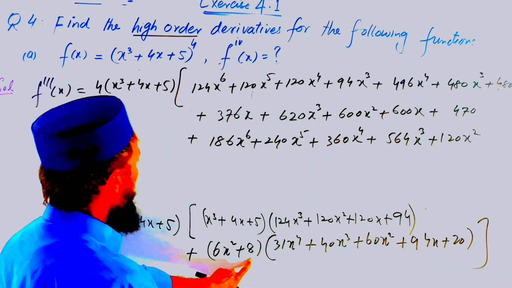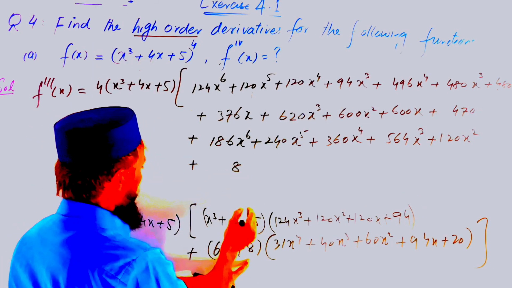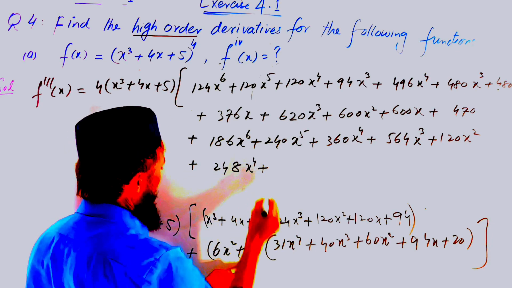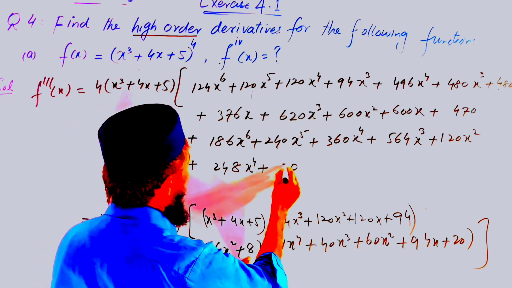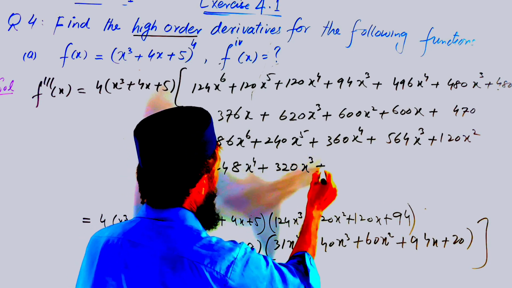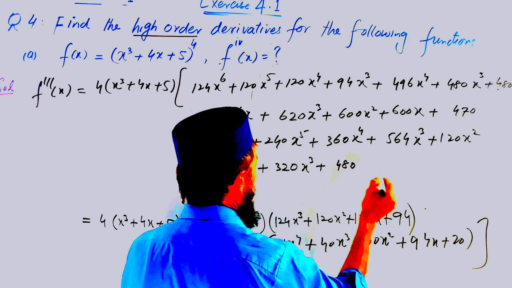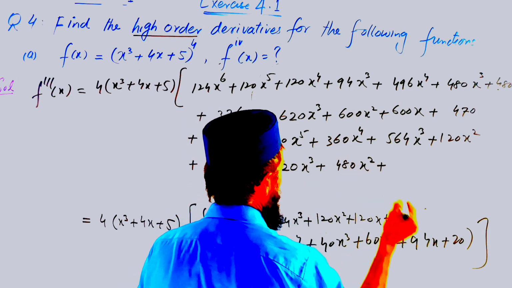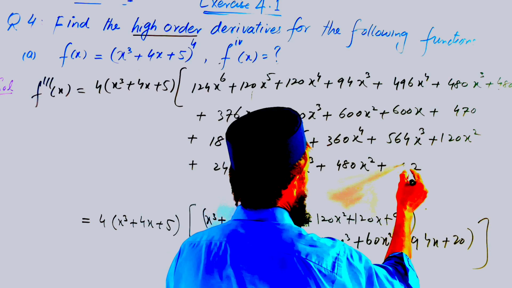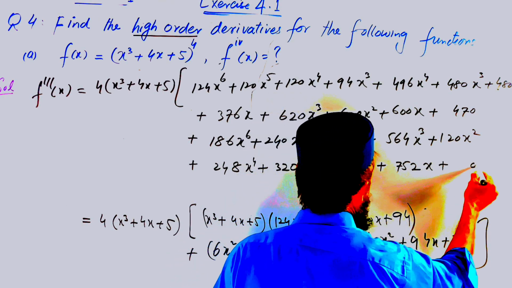Now multiply by 8 plus 8 x power 4 plus x cube plus 8 multiplied by x square plus x plus